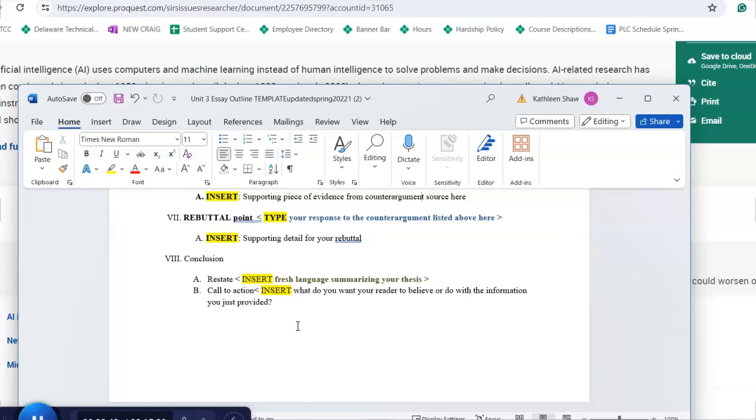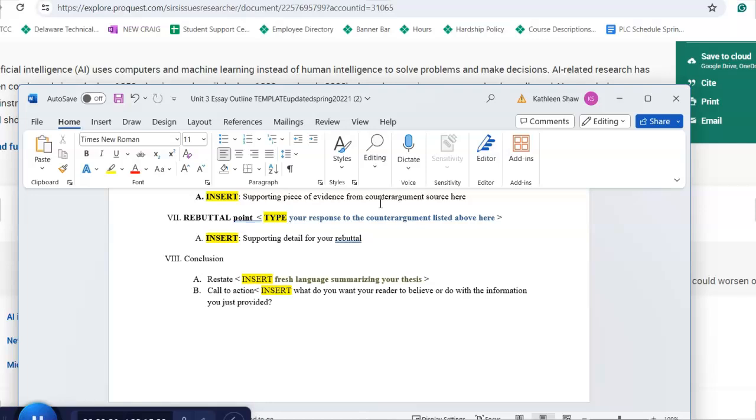So you may hear say like, get out and vote, or think about this the next time you are selecting what type of energy you're going to have running your new house that you just built. You may advise people to be more careful with the devices that they use. You may tell people that they need to really be aware of what information AI might be storing about them when they use it for health purposes. You might want to warn people or ask them to do something, but that's the call to action that you're